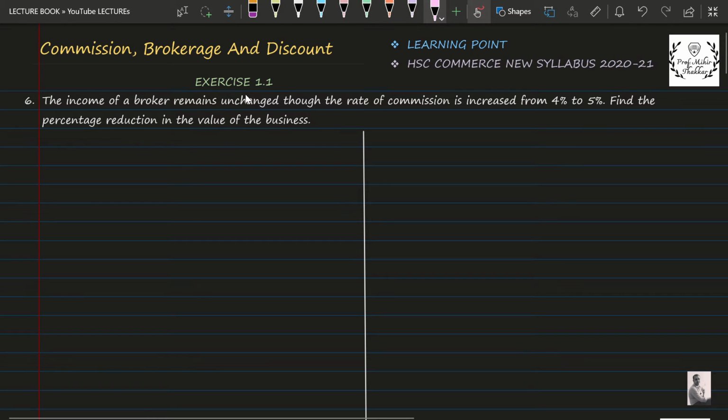The income of the broker remains unchanged, though the rate of commission is increased from 4% to 5%. Find the reduction in the value of the business. Now, the value of business over here is indicating the sales because based on sales, the agent's commission will be given. So, in such a case, I assume that